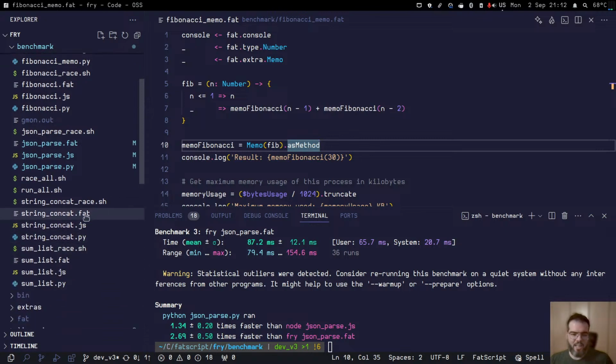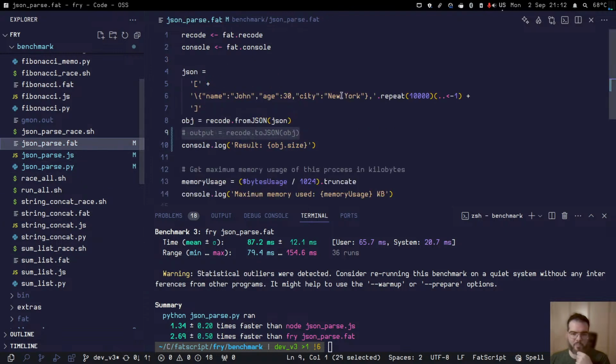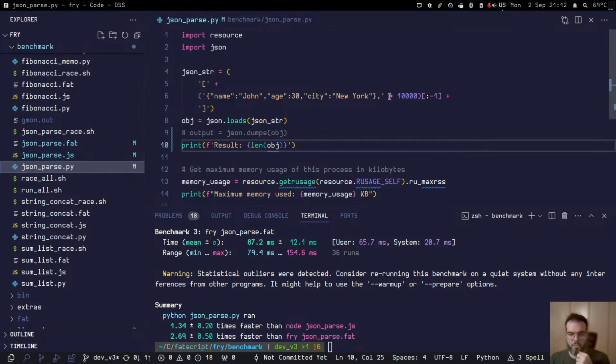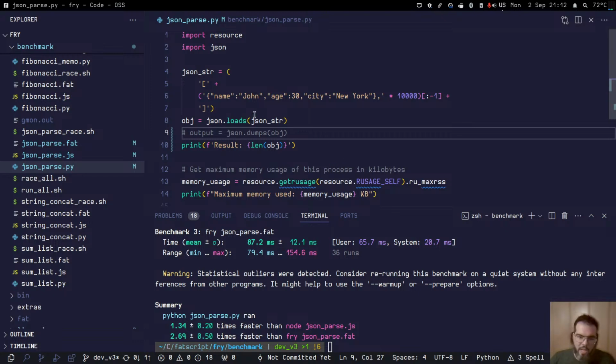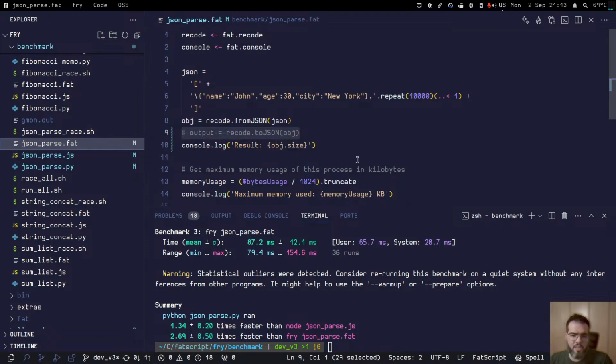So yeah, like string concatenation. Here we are doing it with a for loop, which is not very pretty. But for the parsing function one, we are using repeat here and repeat here, and this one also uses some sort of repeat, which is times 10,000 here. So yeah, basically each language has its own way of doing things, but as you can see, they're quite similar